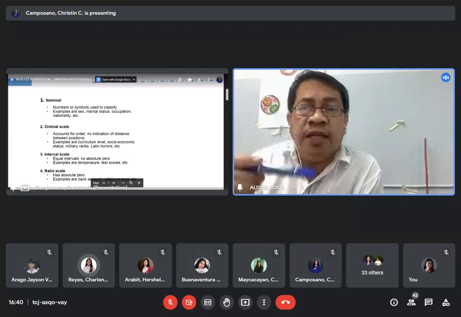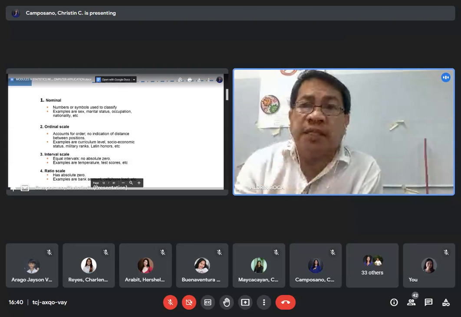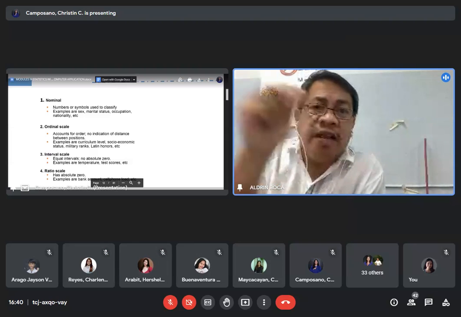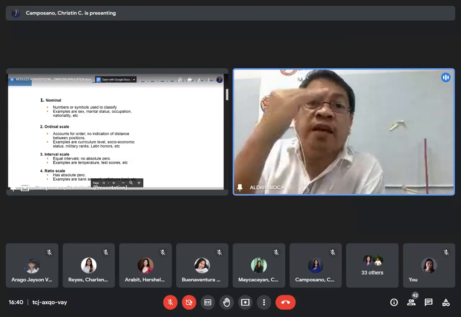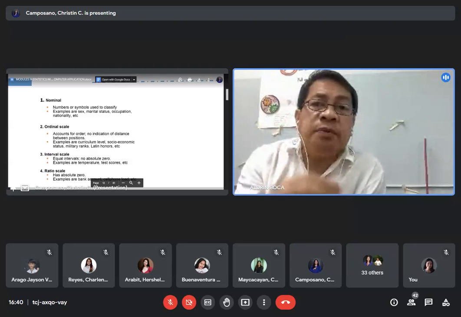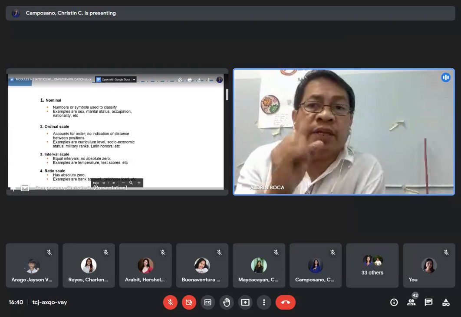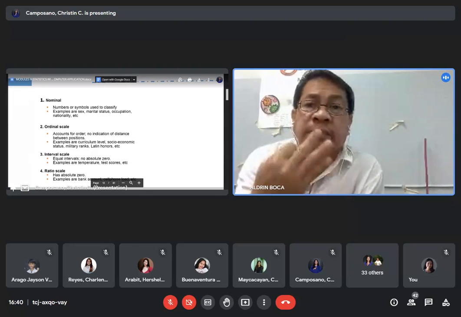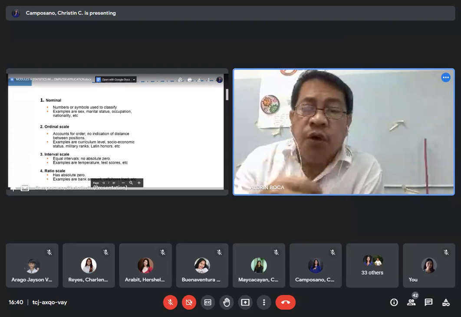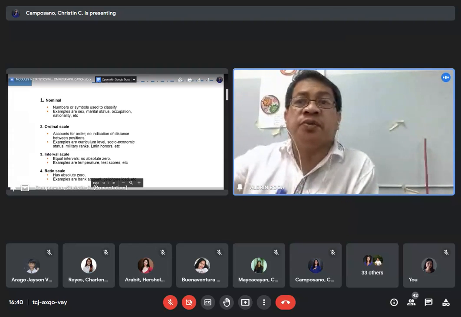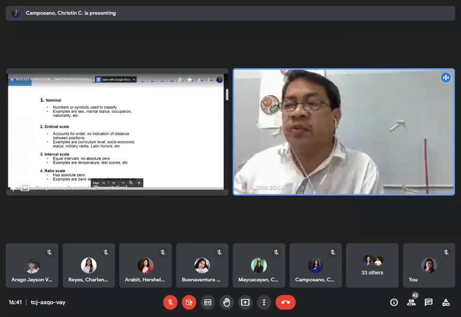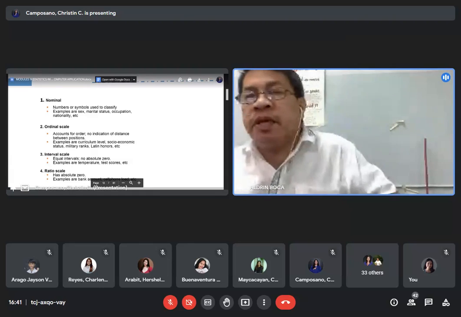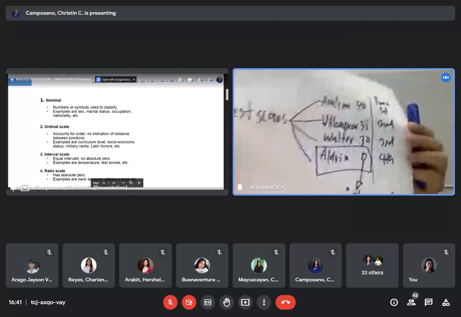Now, in the third level of measurement, the interval scale has three properties. Okay? You have the labeling property, you have the ranking property, and this time you can already detect differences. Okay? That's why the third property of interval scale is that zero is not absolute. Okay? When you say zero is not absolute, for example, in a test score, okay? For example, in test scores, okay? Okay, ito nabili ko sa kabilang section kanina, test score, for example,